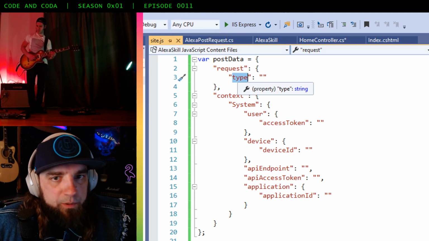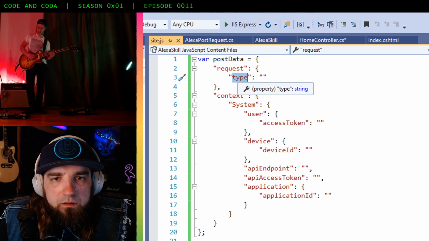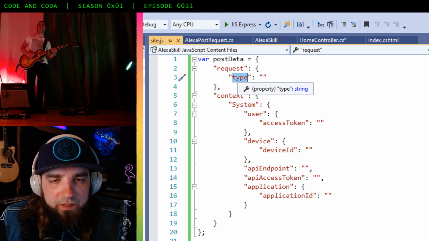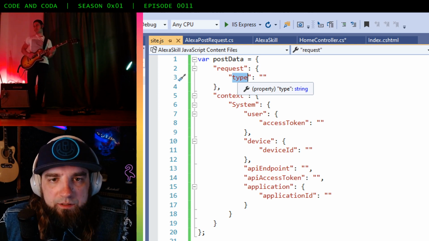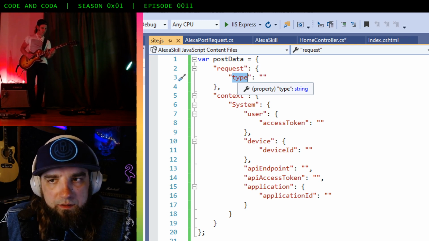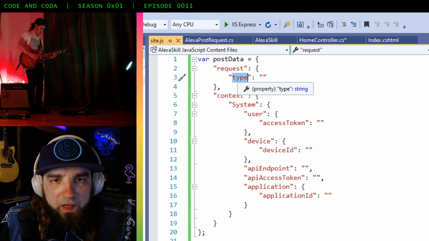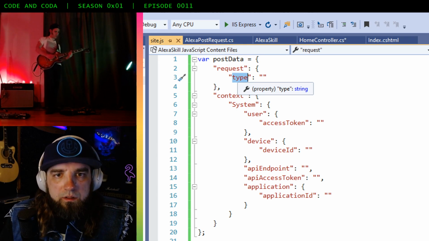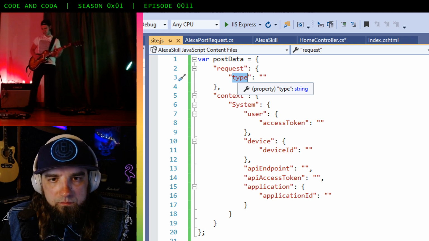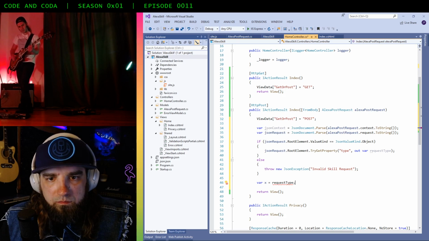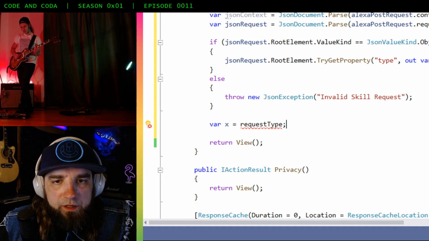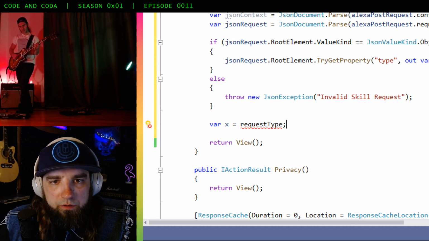The first property that we're going to look at as we parse this JSON data is from the request object. Remember we have two objects within our JSON payload, the request object and the context object. So one property within that request object is called type, which is a string. So what we can do is just create a new variable, call it request type,